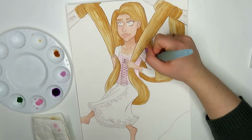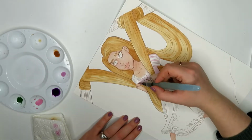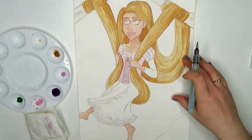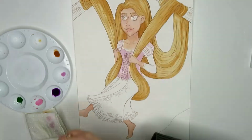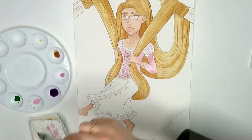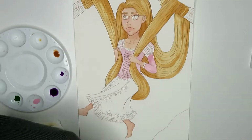So hopefully from now on I can start using it more confidently, and then I won't feel like I'm gonna ruin my piece of art by using this masking fluid. So yeah, with this piece, I did go through and I used watercolors for the majority of it, but I